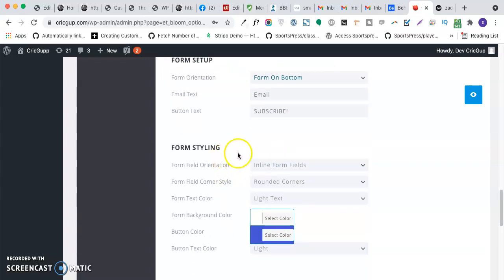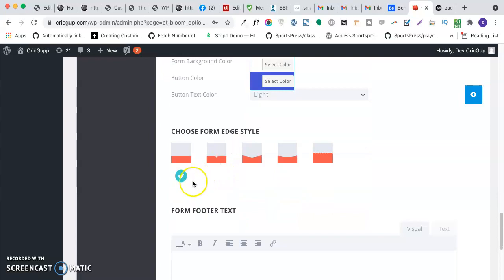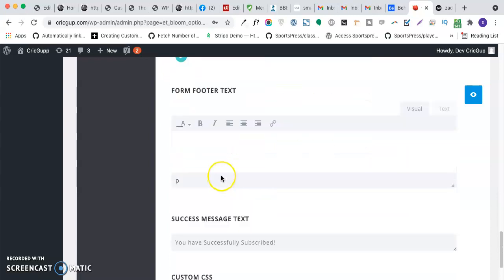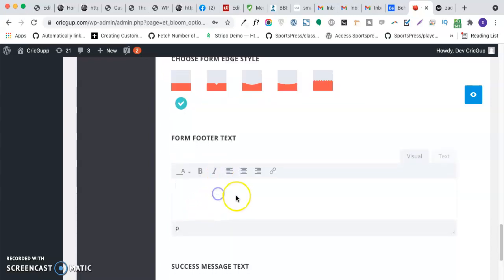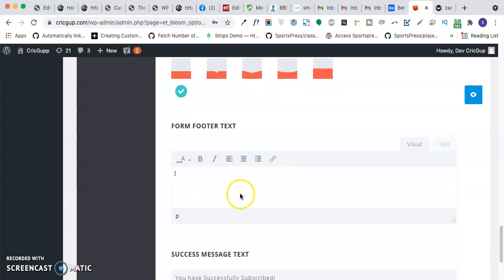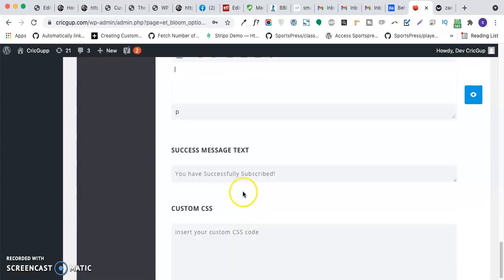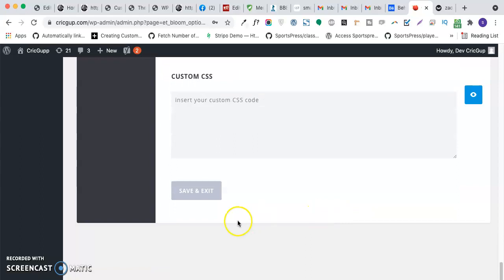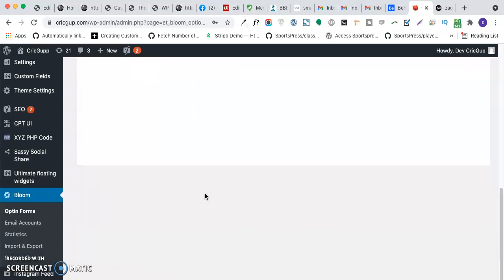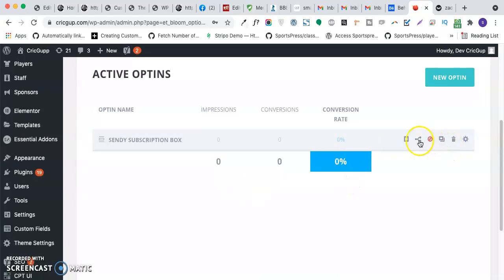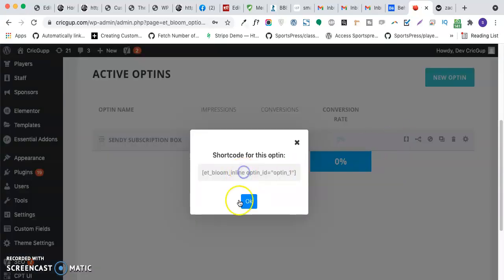Here you can select your font styling, so you can select any of your options as per your requirement, and you can even add the footer text in the opt-in if needed. I'm going to keep these things as default and show you how the form appears. Now I'm going to copy this shortcode to show this form in my website.